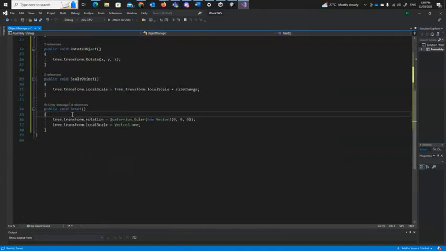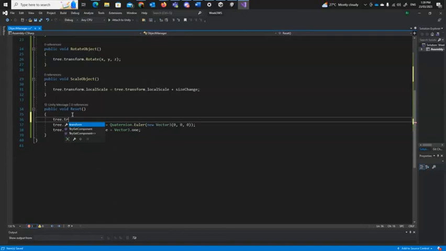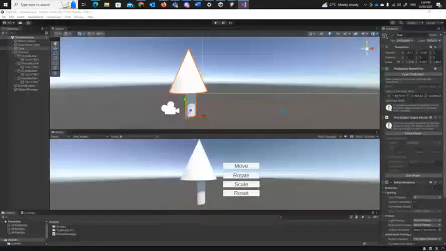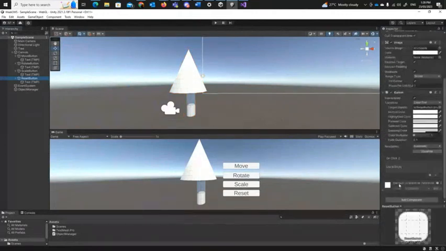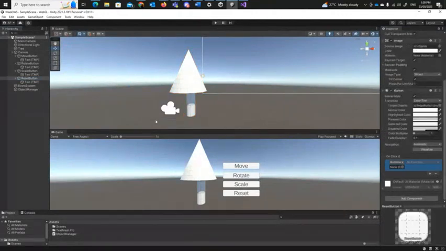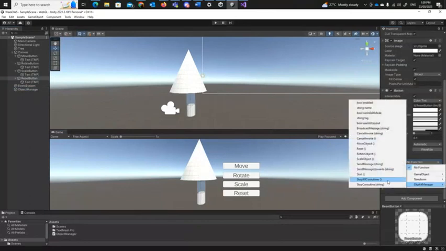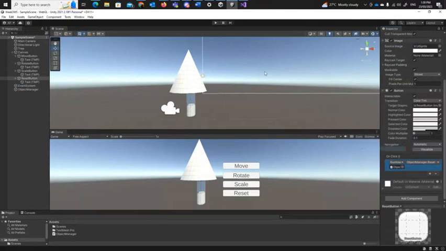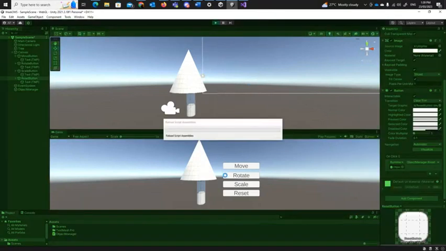Now down here, if I say tree.transform.position equals start position, that will reset where our object was stored. So I'm going to save this, go back into here, reset button, add a new on-click event, drag my object manager down there, choose reset, press play,